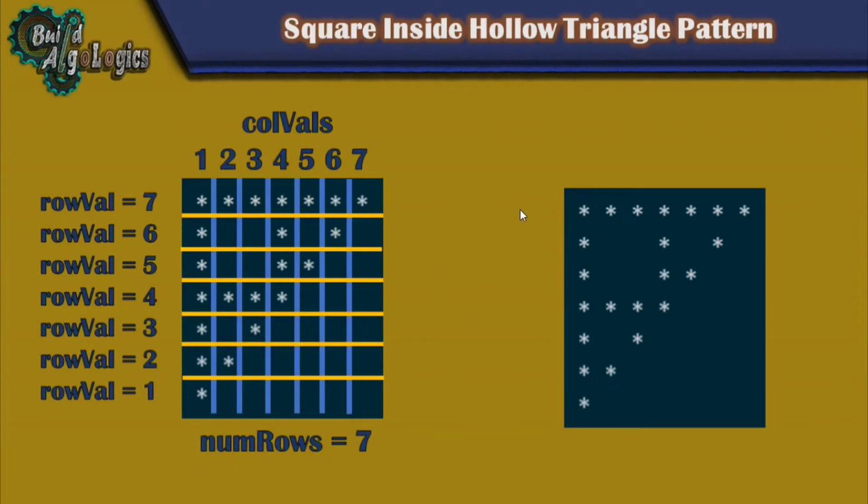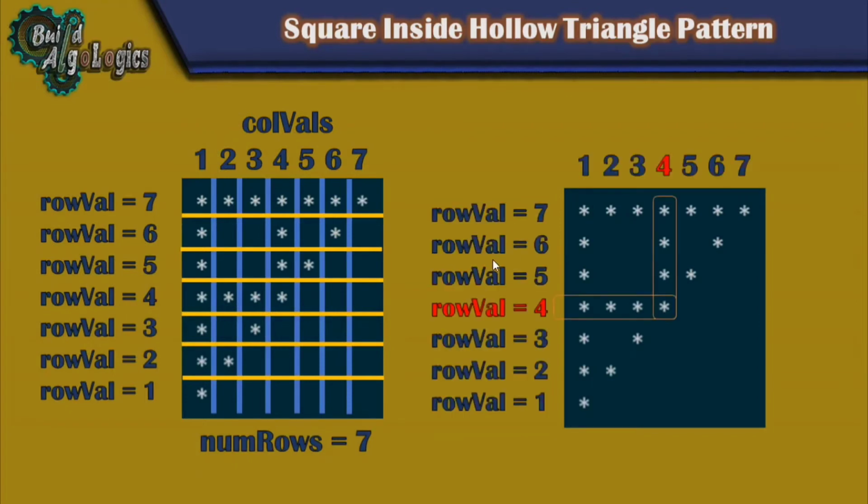Now as this output is very similar to our hollow triangle pattern, here only these parts are added. So for printing this pattern, we just need to add some more conditions in our hollow triangle to print this new pattern. So here we'll use our previous code with including some extra conditions. Let's see what are those conditions.